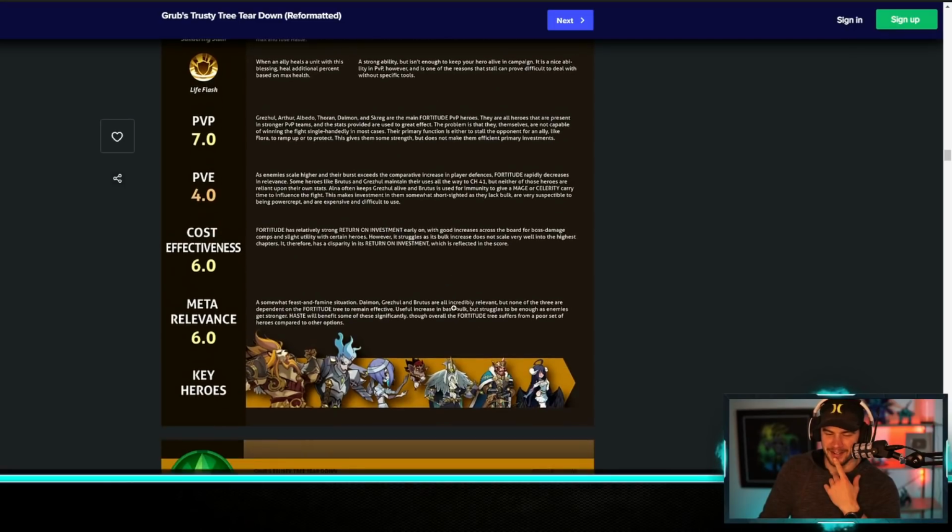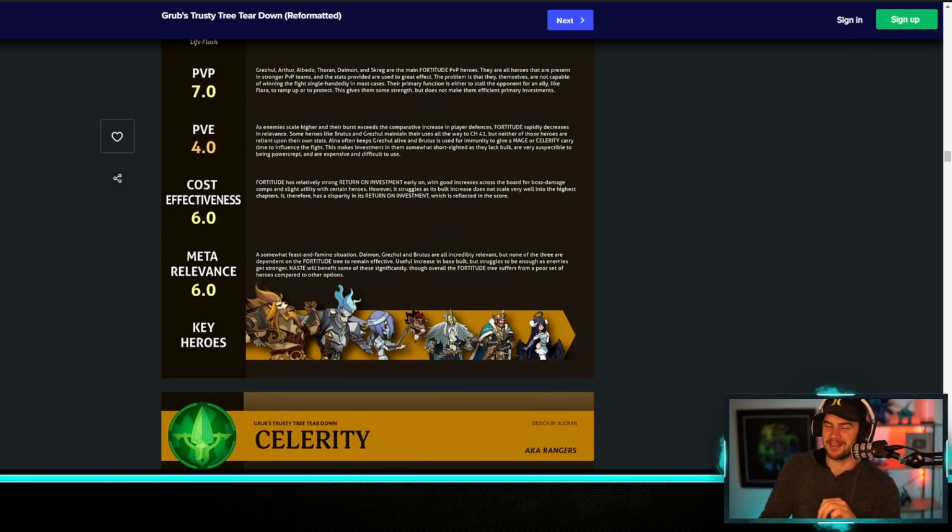Let's look at the key heroes. What do you notice funny about this image? Please tell me you guys notice it. Please tell me you notice it. Damon doesn't have Stitchy, which is okay, but Screg doesn't have his iron jaw, and it looks like